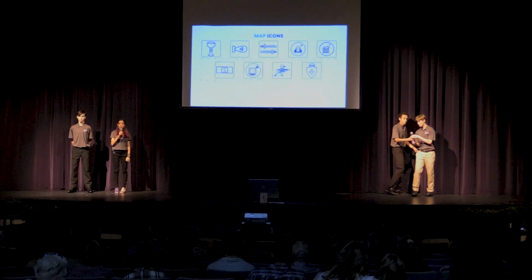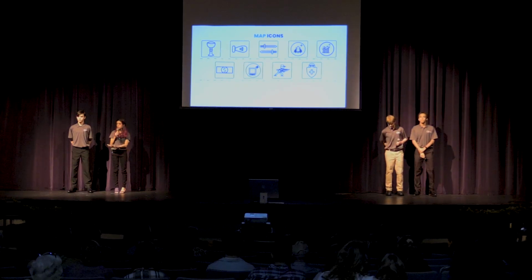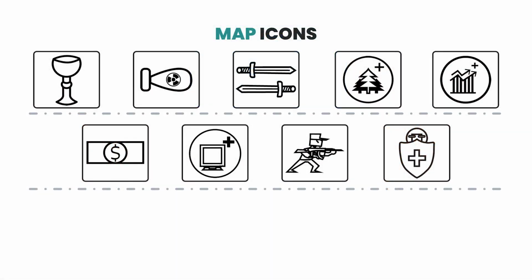I was responsible for creating the icons for our simulation along with James and Jace. The icons we created are natural resources, industry points, technology points, handheld and nuclear weapons, modern-day money, and a few more seen there.